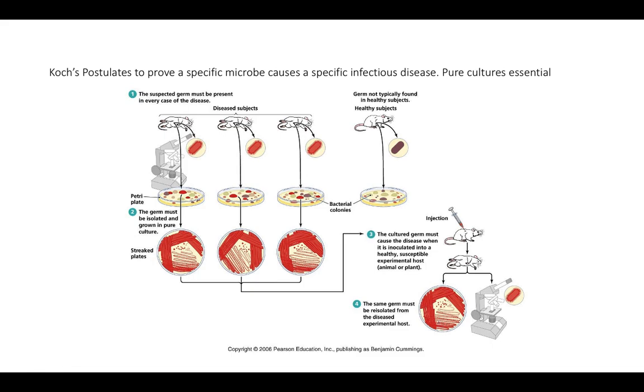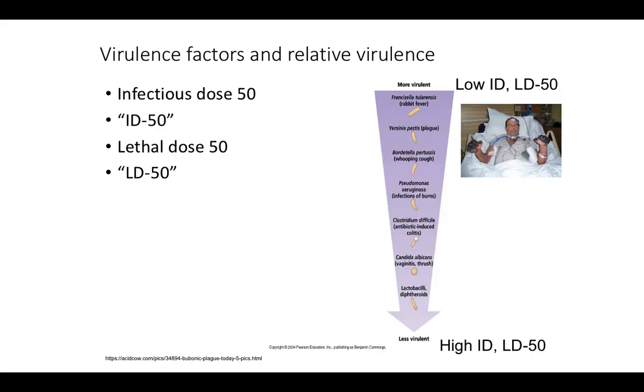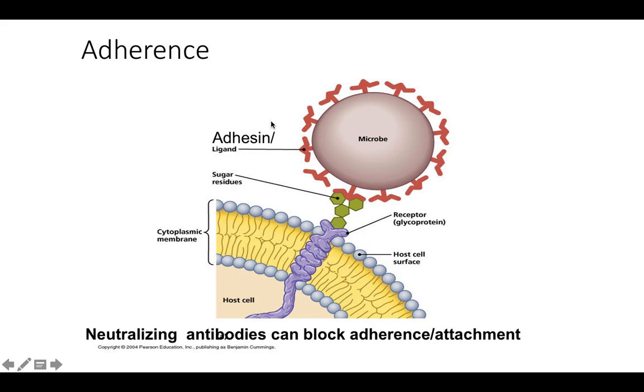Now, not all pathogens can be grown in pure culture. So, for example, viruses, you have to grow them in another host cell. So with viruses, there have been some modifications, but generally, these steps, in many cases, help one prove a specific microbe causes a specific infectious disease. Do you remember, you guys, the inverse relationship between infectious dose 50 and LD50 and virulence? So the lower the infectious dose 50 or LD50, the higher the virulence. So in being a good pathogen, remember, folks,